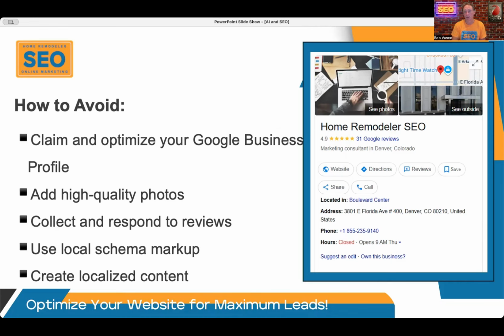And then those blog posts, make sure that they're targeting your local search queries. When you go back to that Google Suggest that we did earlier, make sure your blog posts are hitting each one of those. Maybe a couple of those keywords in the same blog post, or maybe a different blog post for each one of those Google Auto Suggest queries. And so those are some of the things that you can really do to avoid some of the common mistakes that we're seeing all the time. Those are some really key tips. And if you implement some of this stuff, you will see a difference.